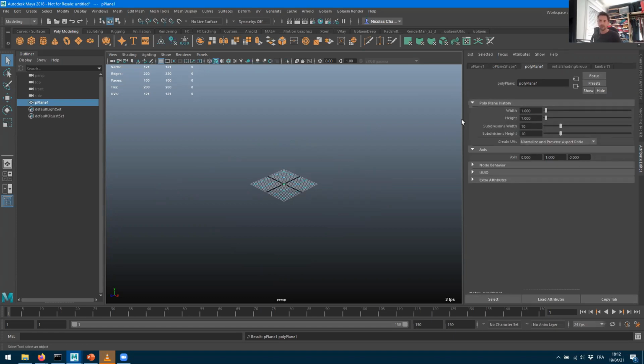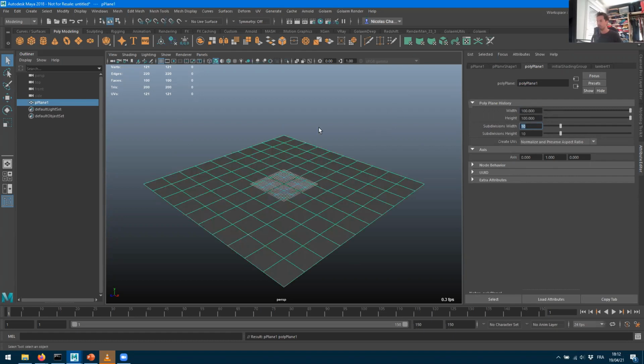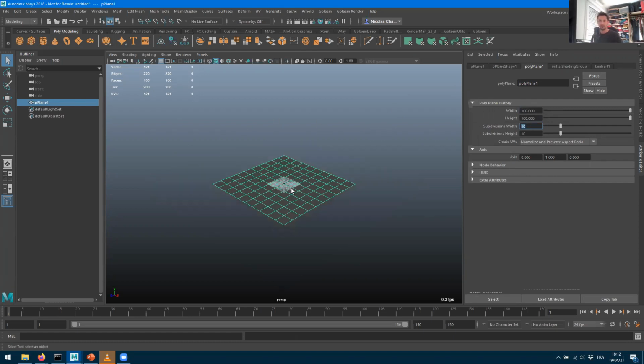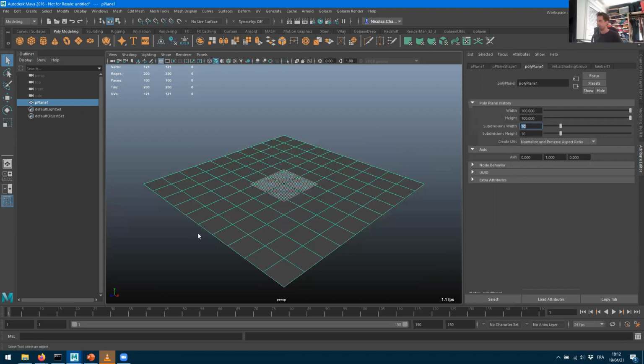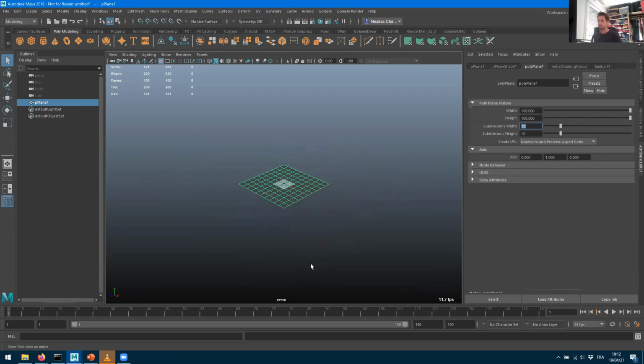So on your side as well, you can start making something. And maybe what we can do is do like this is going to be 1 meter. So maybe size your environment according to this. So here I've been doing a 100 per 100 plane, and this is what is 1 meter. So take this into consideration when you're going to create your